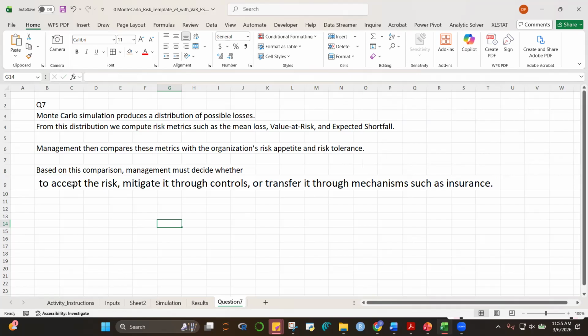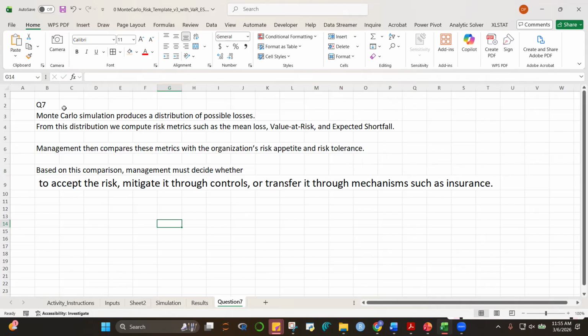So risk appetite versus risk tolerance, right? If that's the only risk, a 95% VAR, we can handle that. Or to mitigate through controls, they can create interventions in order to ward off the effects of that risk.